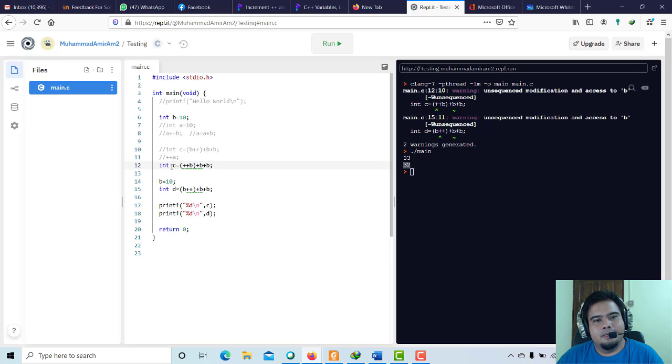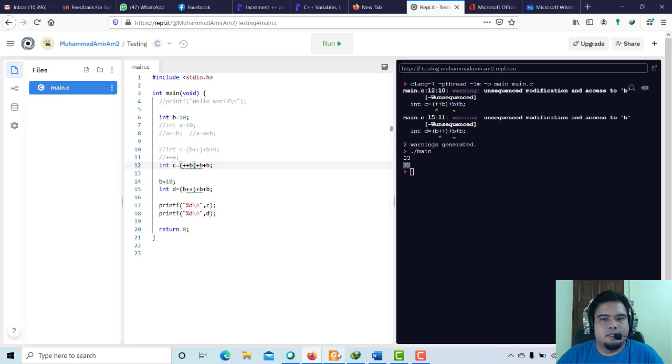The CPU will read the left hand side first, so it will read C. Now it is C, and then equal to, because you put a plus before you put B, the original value of B is 10, but because you increase it,